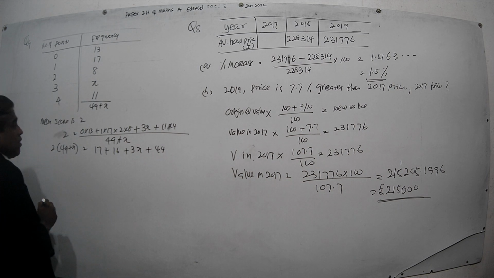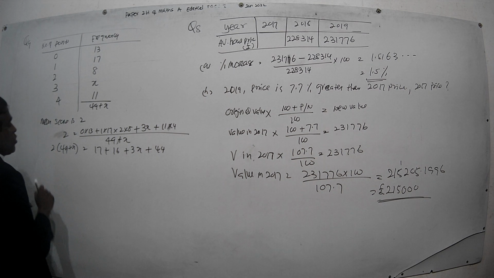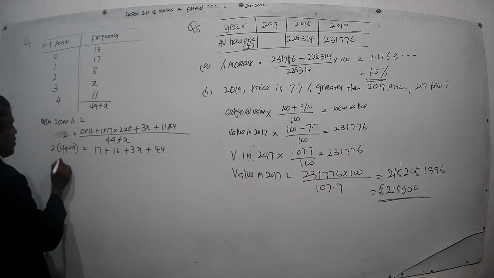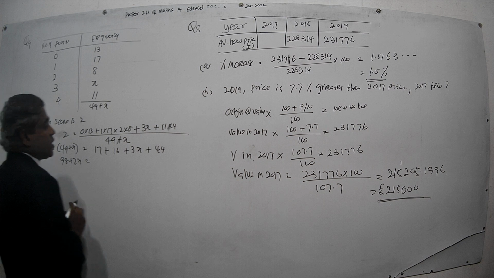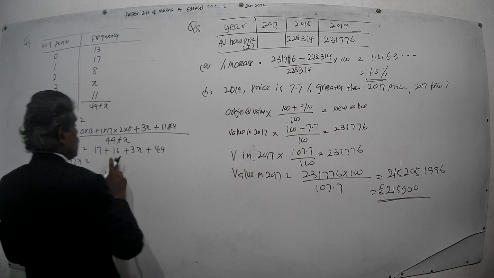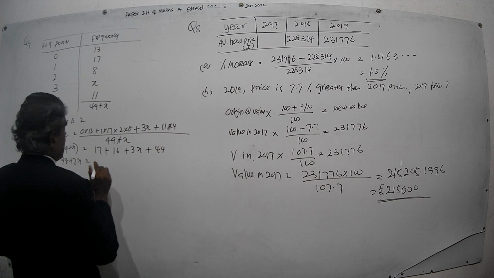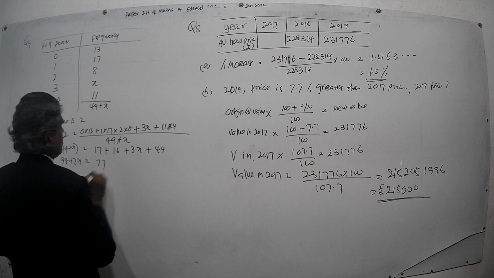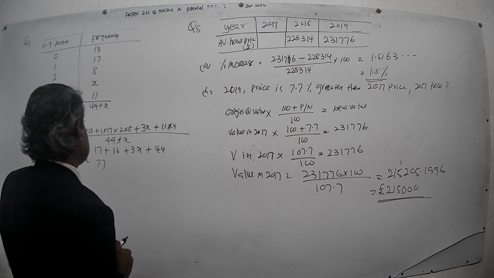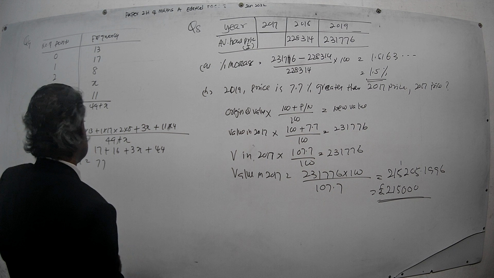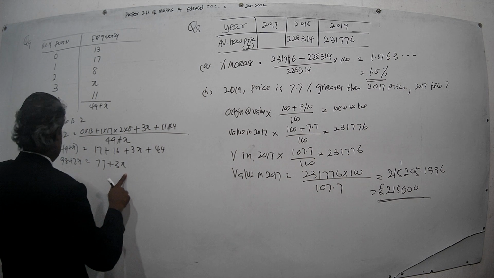Now remove brackets here. That is 49 into 2, which means 98. 98 plus 2x equals 17 plus 16 plus 44 plus 3x. 16 plus 44 is 60, and 60 plus 17 is 77. So 60 plus 77 plus 3x. Then you bring this 2x to this side and